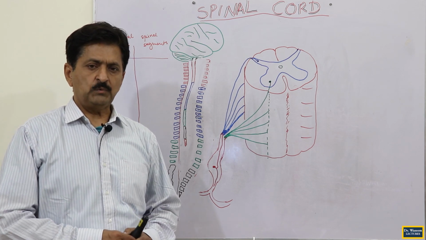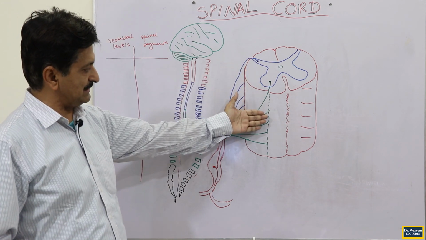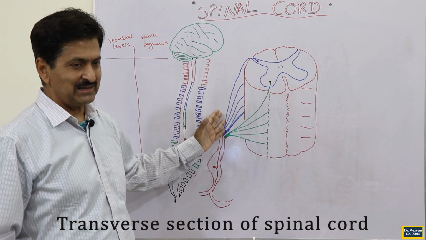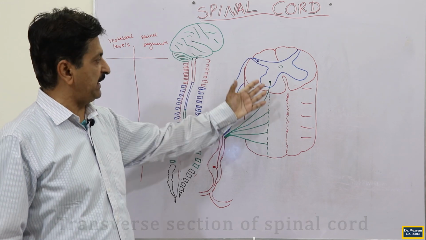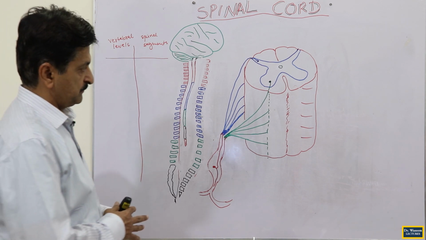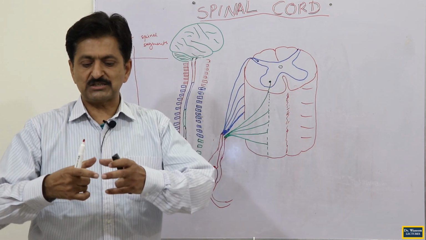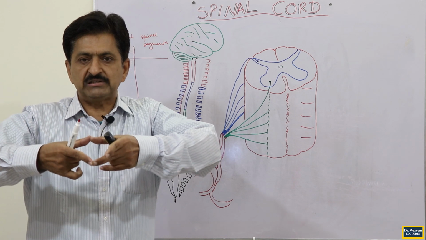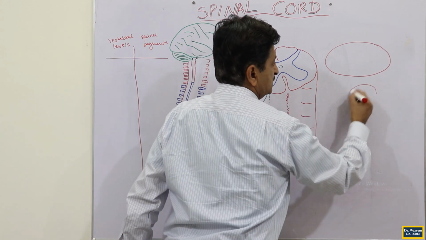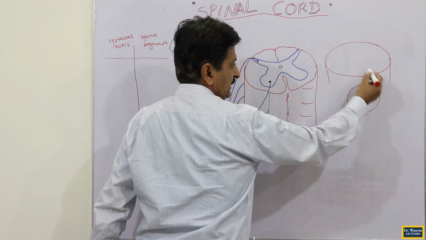that is the spinal cord. When you have a transverse section of the spinal cord, you will be looking at this picture, which will give you an idea about how the spinal nerves are attached to the spinal cord and what the spinal cord's various important external and internal landmarks are. So, if you have a transverse section, the spinal cord is not spherical, it is compressed anteroposteriorly, it is like this. It is not spherical.